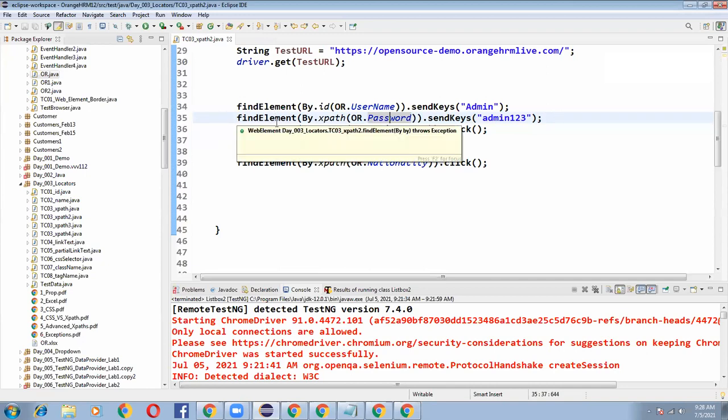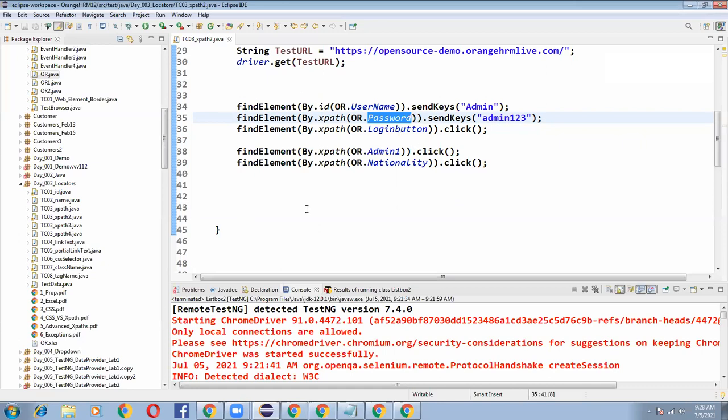How do you manage object repository in Selenium? That is the question people will ask in interviews. Object repository means maintaining web element XPaths, IDs or CSS selectors in a particular Java class. So you are managing all the XPaths globally in one Java class. Do I need to write them every time? Not required.